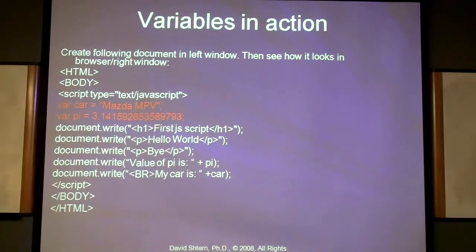Now, let's analyze this code, and let's see why this code printed the document the way we see it. It's actually very important. So, first of all, we declare two variables here in JavaScript. The document itself is an HTML document, but nevertheless, this section of the code is JavaScript. It's the JavaScript domain. So we created two variables here, var car equals Mazda MPV and var pi equals this one. And you don't see these variable statements printed in a browser. Right? You don't see it.